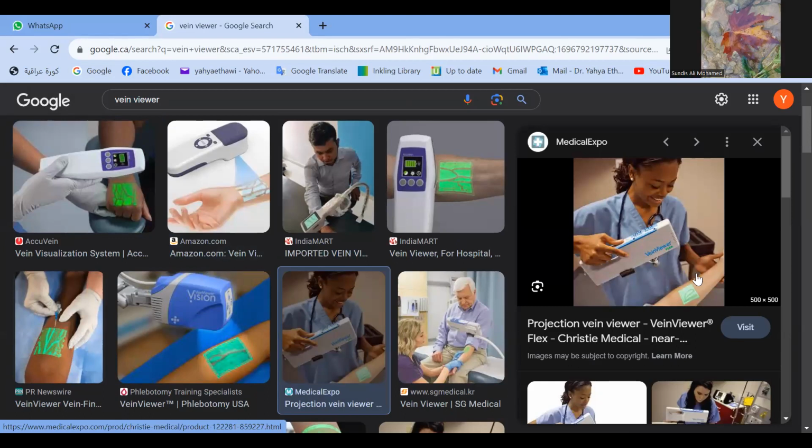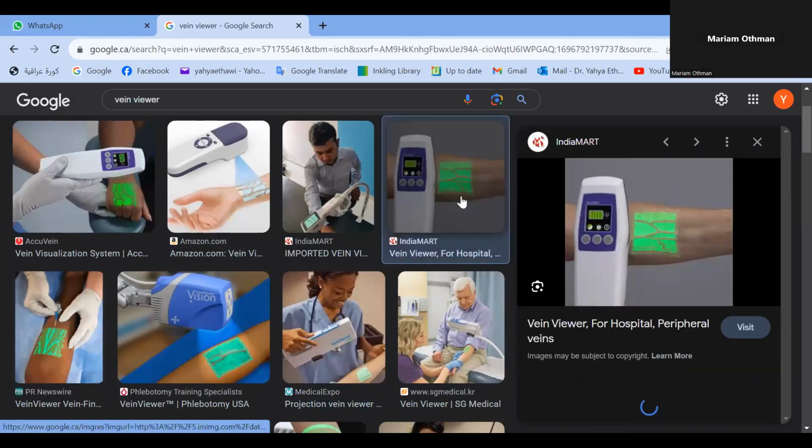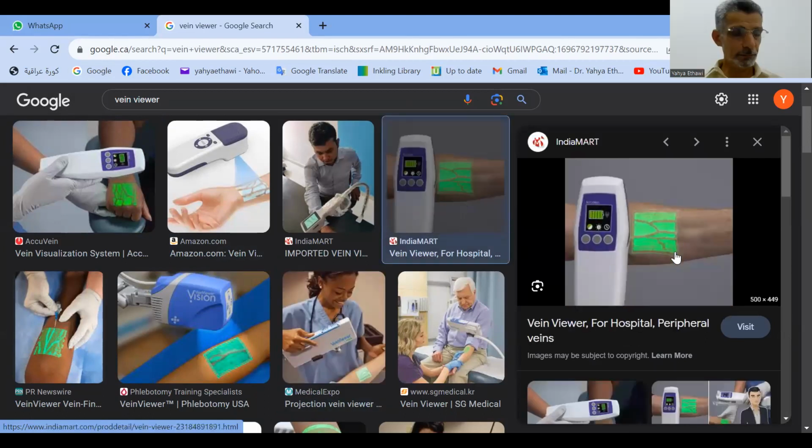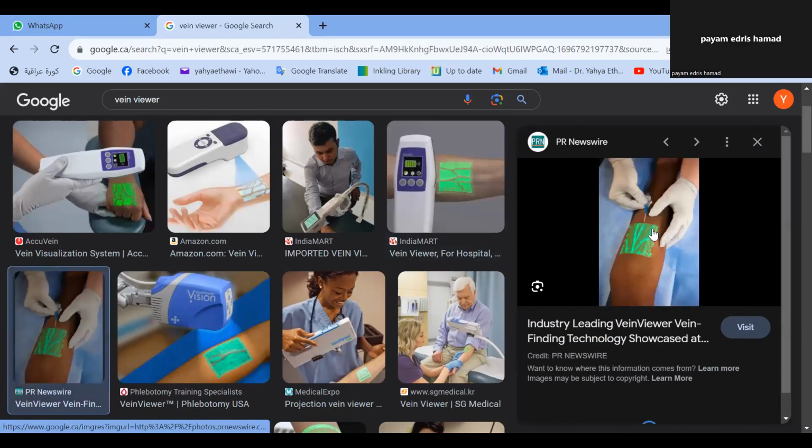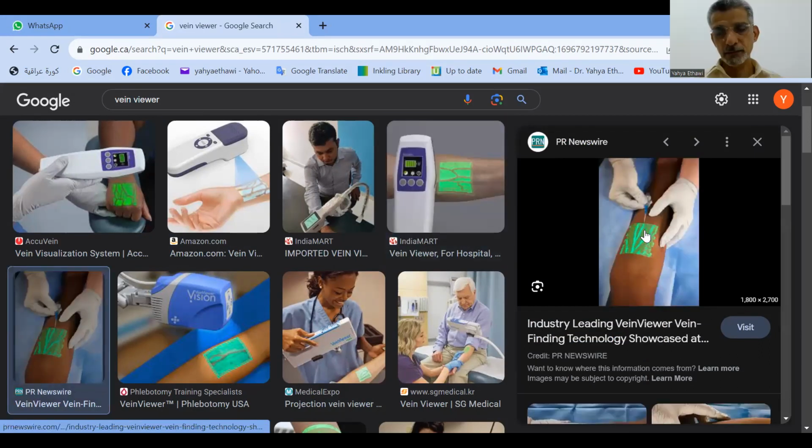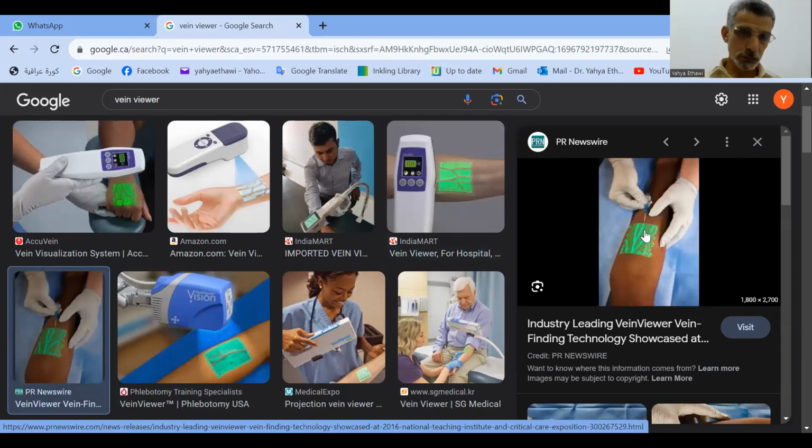Yes, we see. You see how easy it is to see here? It's a good machine. This is a little bit expensive, but the other one that I show you is not